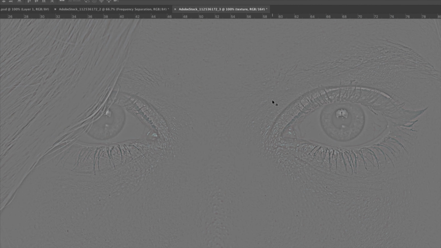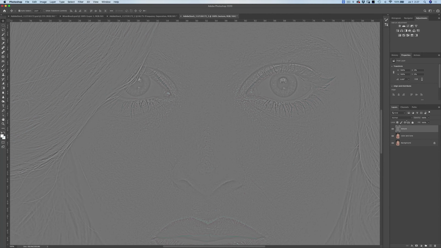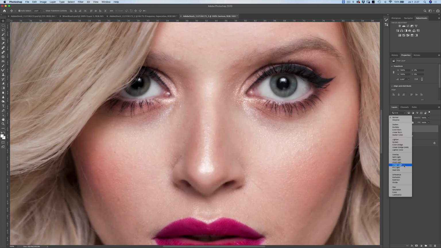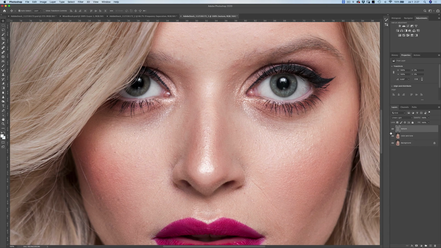Now we can press OK. And then we go back to our regular linear light as well. And we turn the visibility on and off and we see no change. That's important, guys. Okay, so that's going to be the difference between 8-bit files and 16-bit files when you're setting up your layers.